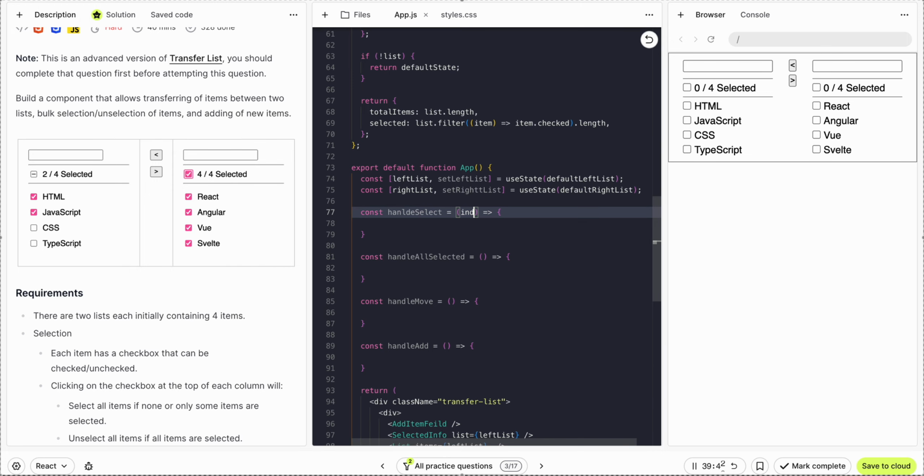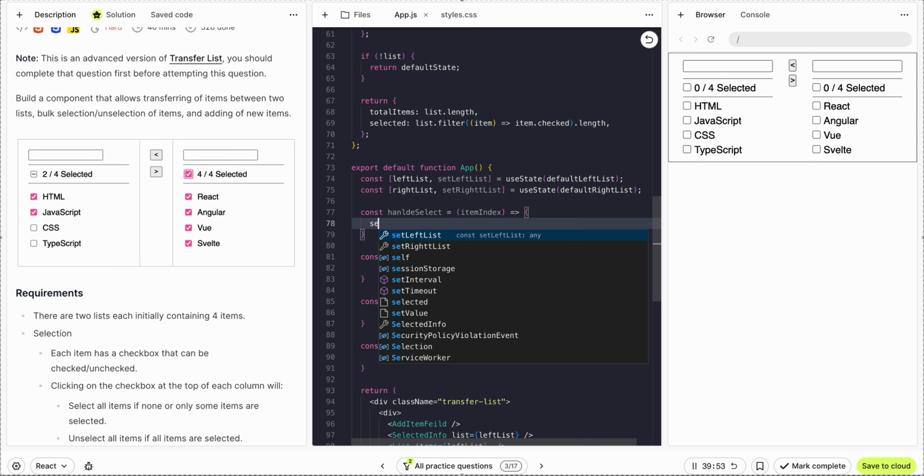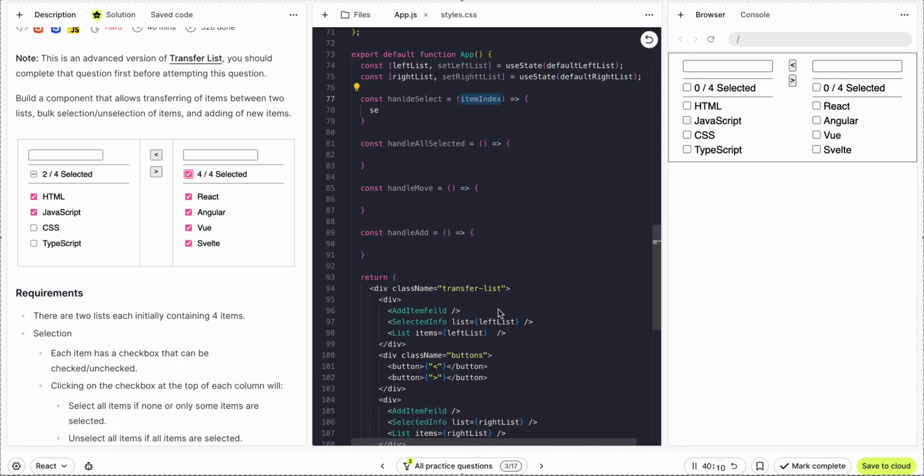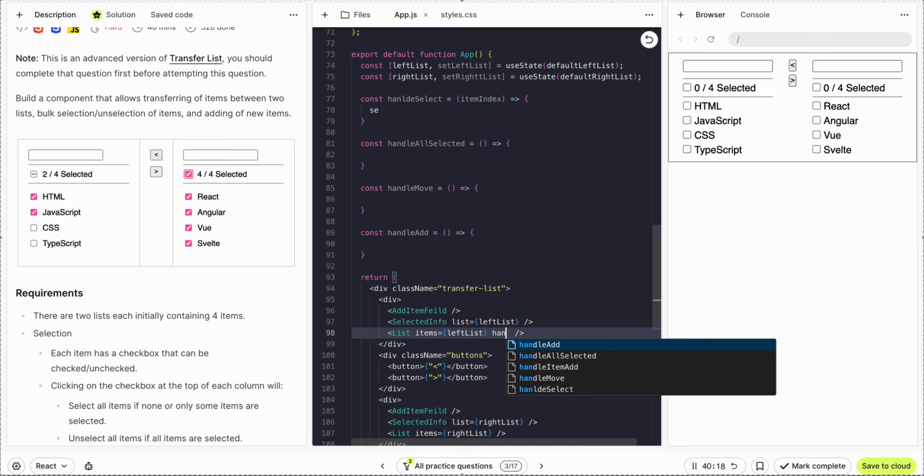So we will get an index here, item index, that will set. This is going to be another thing for us. Then so what else, we can easily pass that on, and then